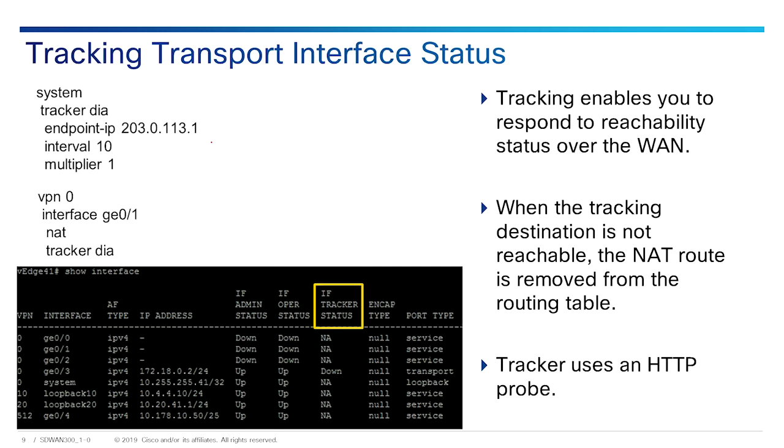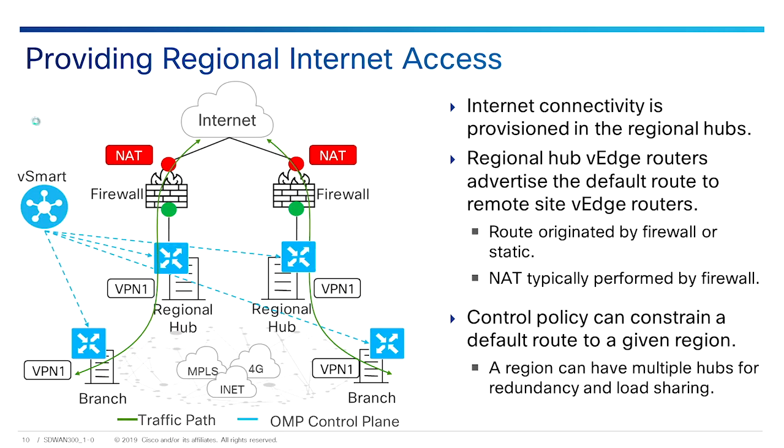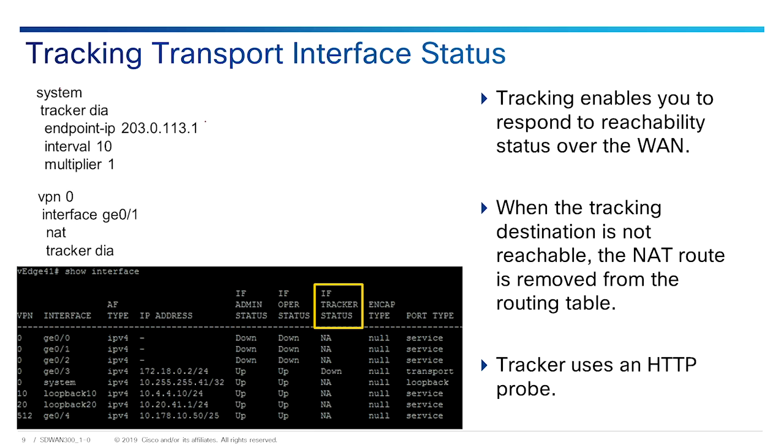All static routes, including that static NAT route, have the problem of sending traffic to a black hole if the transport behind it isn't working. So if I have a route to an interface that's down, because it's static, it'll still show up in the routing table. Here what we can do is track an IP address, and basically this is the same thing as an IP SLA probe. So for example, I'm saying in system a tracker for dedicated internet access, and my endpoint is this